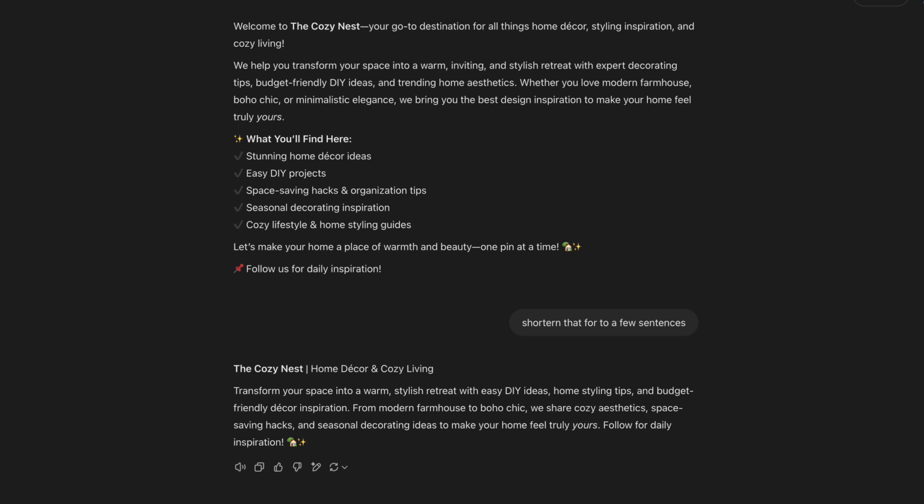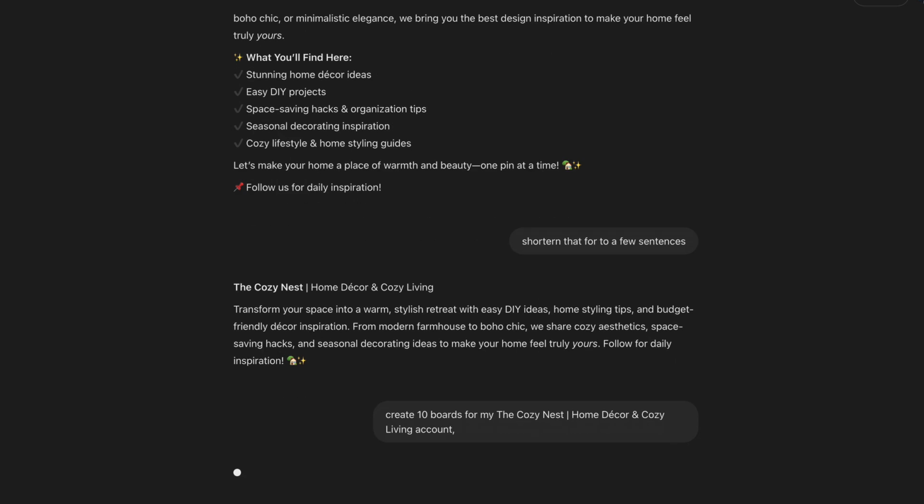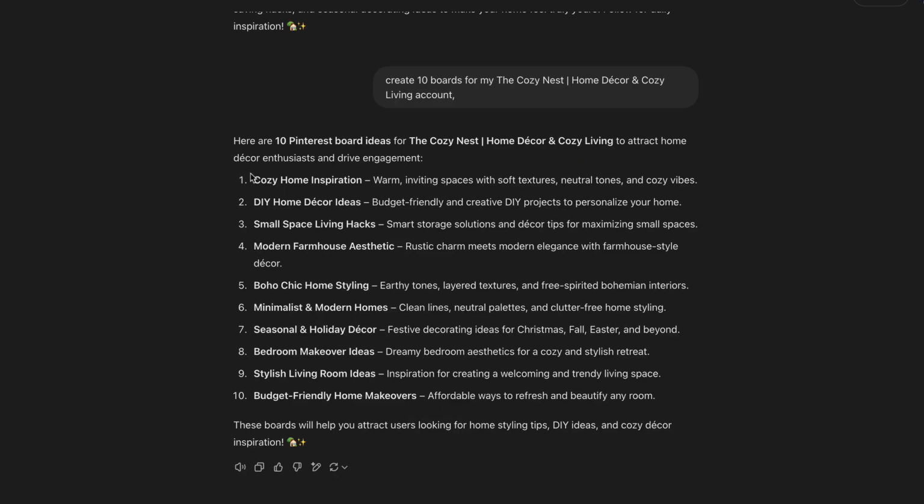Now, of course, I'm back in ChatGPT. You can do competition research to go through what boards seem to be quite popular, but I'm just going to use ChatGPT for this particular example, so it's super simple and anyone can do it. As you can see, it's given us 10 relatively simple and quite wide, broad categories. We are definitely going to narrow these down as we get more into the process,